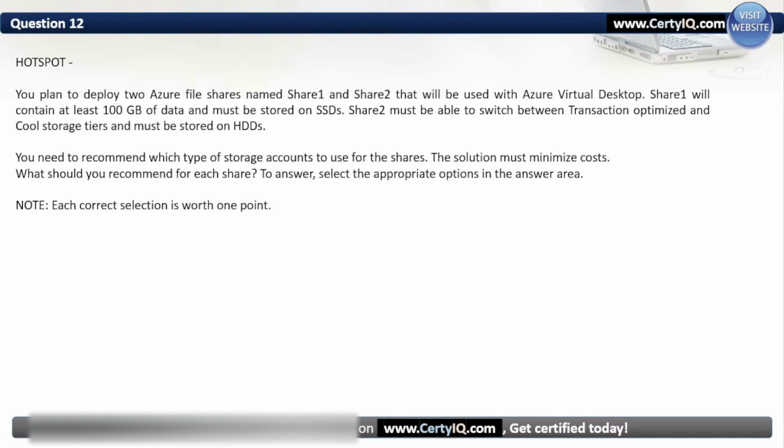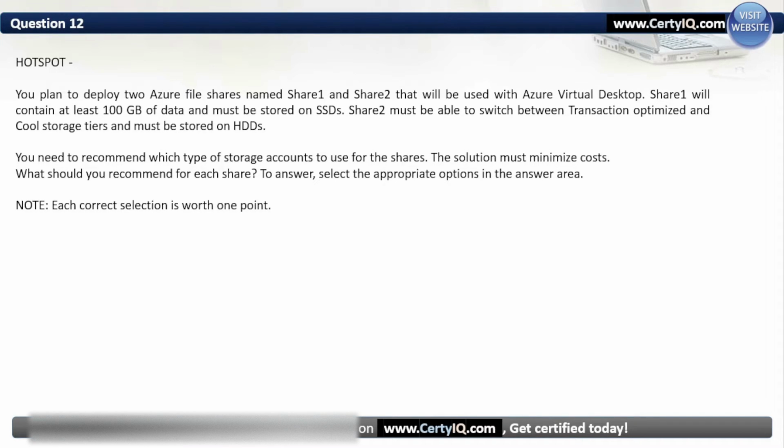Question 12. Hotspot. You plan to deploy two Azure file shares named Share 1 and Share 2 that will be used with Azure Virtual Desktop. Share 1 will contain at least 100 GB of data and must be stored on SSDs. Share 2 must be able to switch between transaction optimized and cold storage tiers and must be stored on HDDs. You need to recommend which type of storage accounts to use for the shares. The solution must minimize costs. What should you recommend